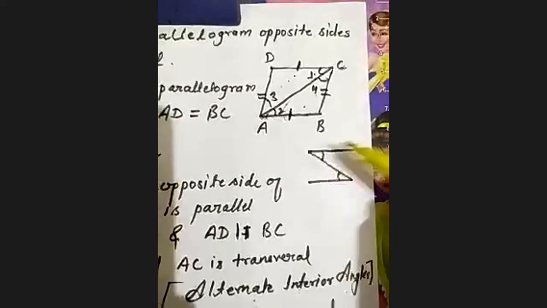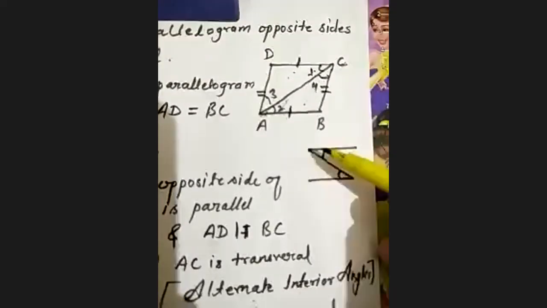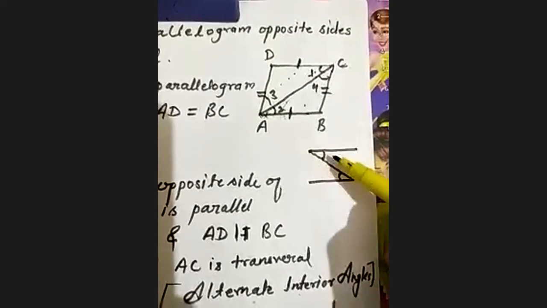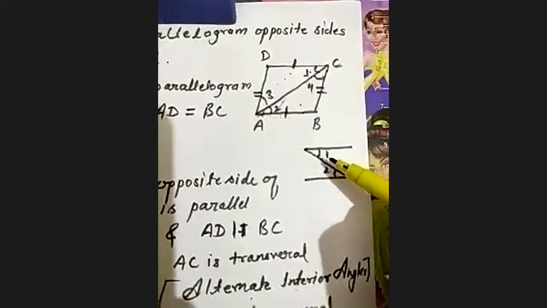Okay, so here it is simple. First of all, you draw a parallelogram. Then you join the line AC, that means it is a diagonal. And here we see the four angles 2, 3, 1, 4. Keep this in mind: in this figure, if there are two parallel lines and one transversal line, then the first angle and this second angle are equal by alternate interior angles.